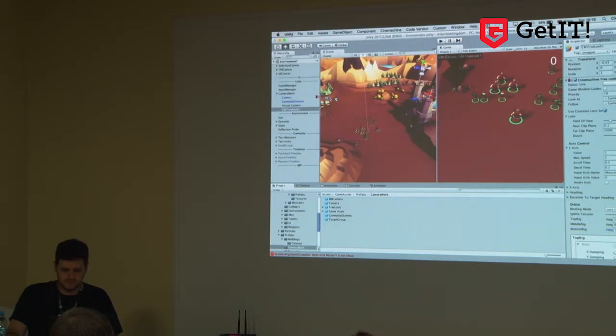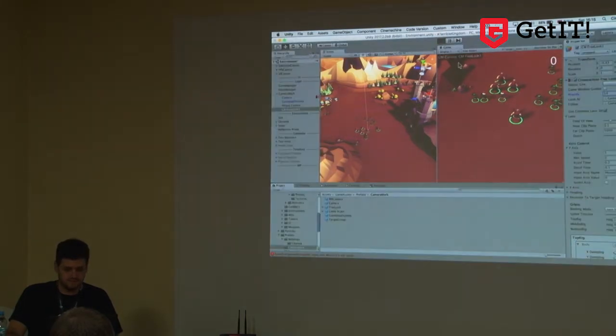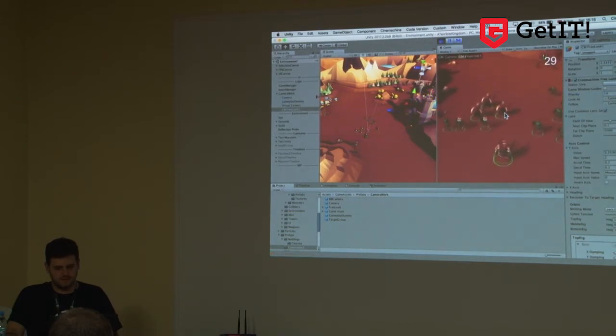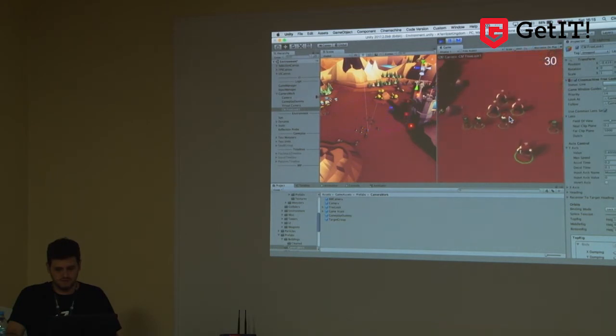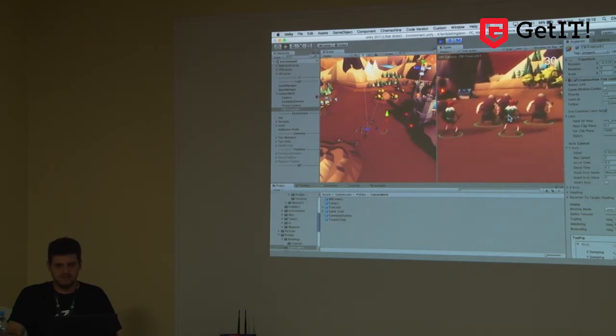So once I adjust the 3 circles, if I press play, that's what I have. I can move it around as before, but then with the mouse wheel, I can go from here to here. You see? It's like having 3 different cameras, one bottom one, mid one, and one top one that can have